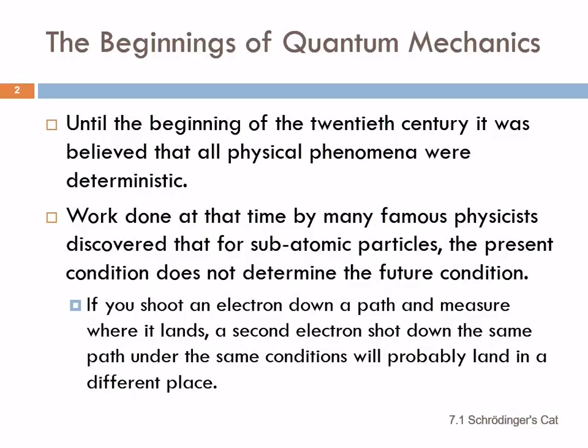Okay. Quantum mechanics had its beginnings back in the early 20th century. Before that, it was believed that all physical phenomena were deterministic. The present condition determines what's going to happen to that object in the future. But many famous scientists, some of whom you've probably heard of, like Einstein,